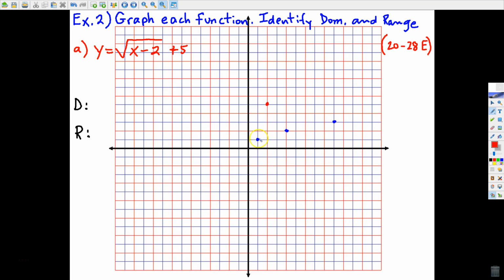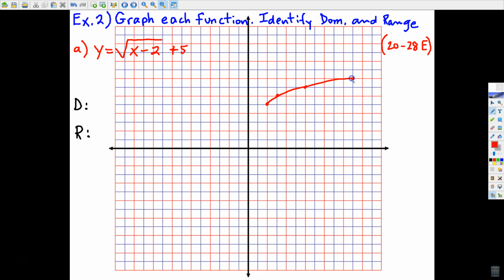Okay, now I'm going to move to this one and I'm going to do the same thing. I'm going to move it right 2 and up 5, and I'll erase that one. Now move to this one, right 2, up 5, erase, and then finally right 2, up 5, and I'm erasing. You don't have to erase them, but I thought maybe it would be less confusing if you were seeing fewer dots. So these 4 red dots that started with the parent, and we just did the translation indicated,